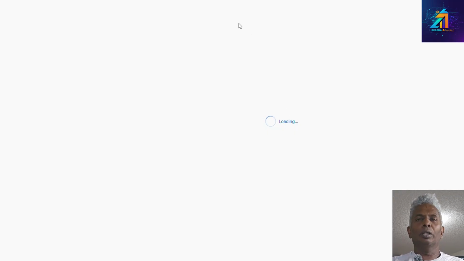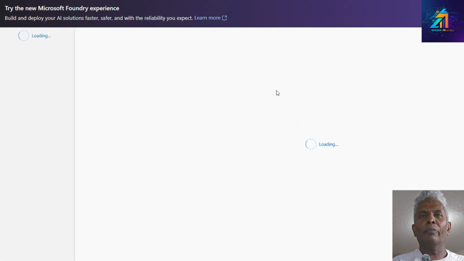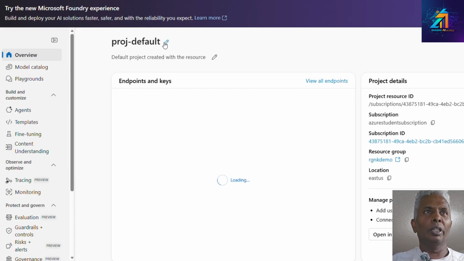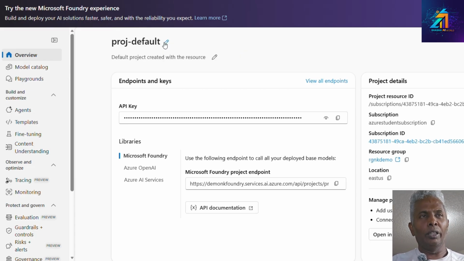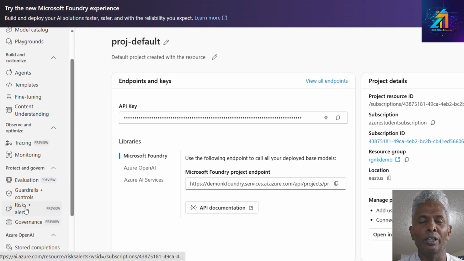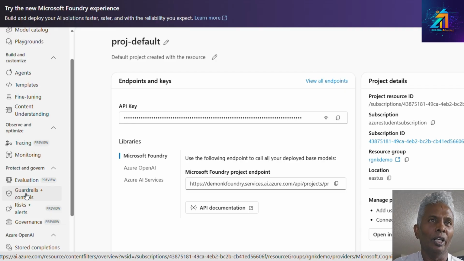So this is the AI Foundry portal. See, we have agents. We can create agents. We can trace, as observability and monitoring. We have evaluation, guardrails, like input and output filters, so that any harmful content we should not receive, as well as we should not send to the end user. Yeah, governance we can enable, and